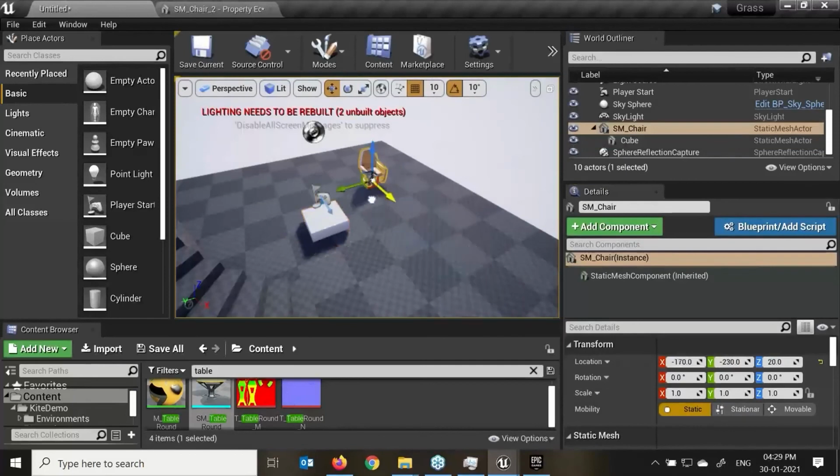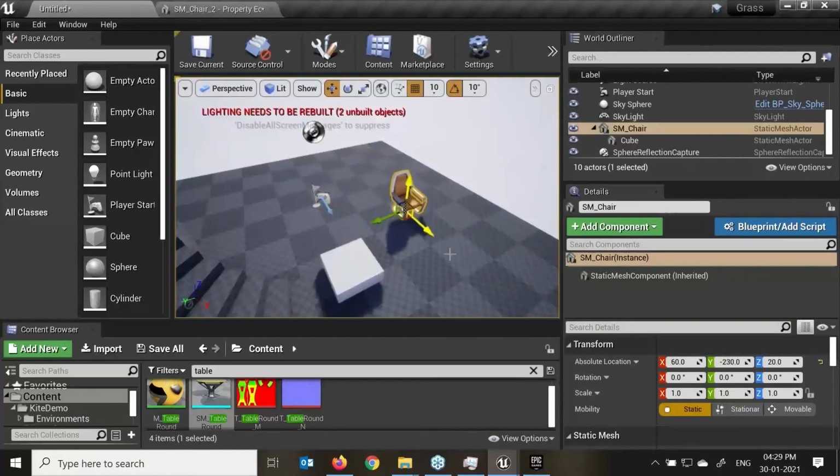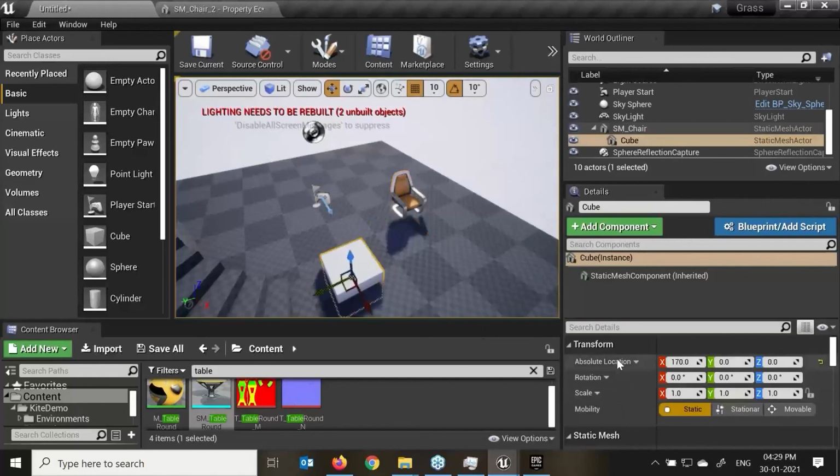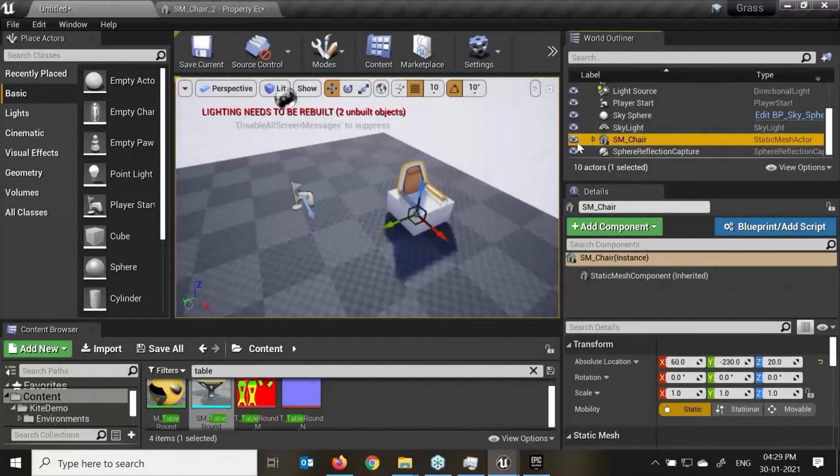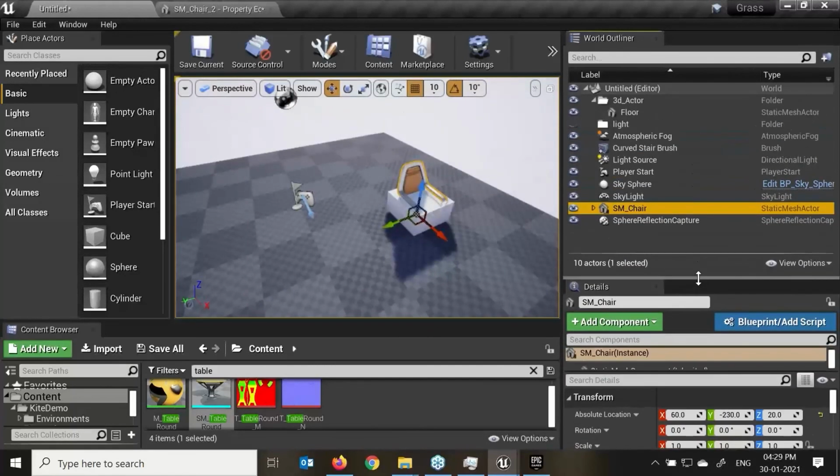If I select this, here we can see there is no relationship. If I make it world and select the object, here we can move. Select this object, make it relative, make this 0, 0, 0. Right? So that is the child parent relationship we can do. We can hide that as well. We can make the node as well.